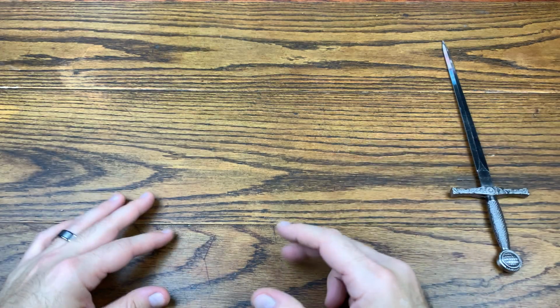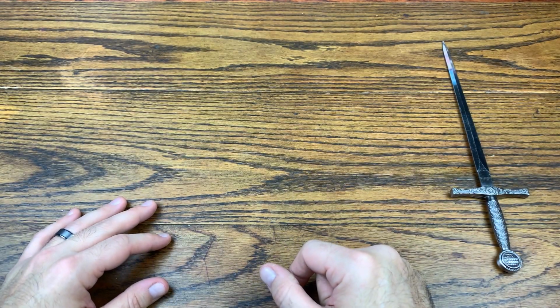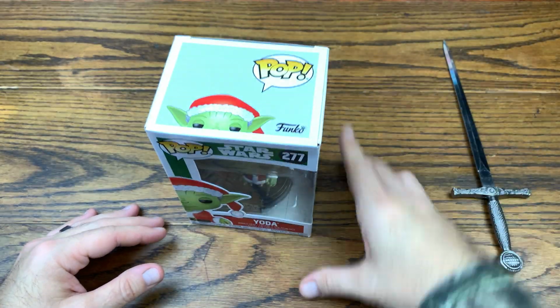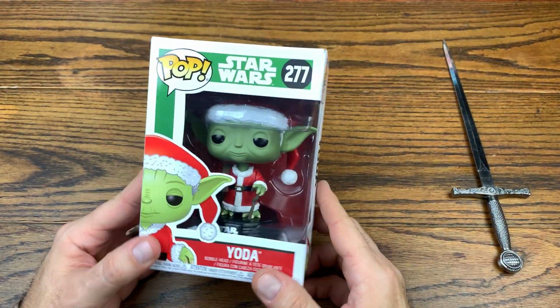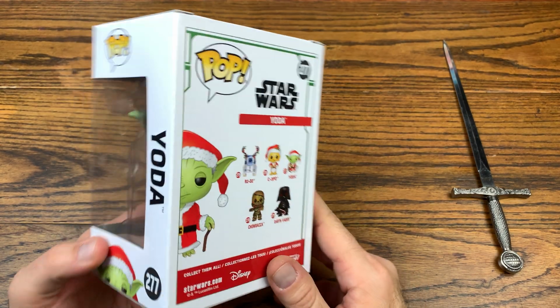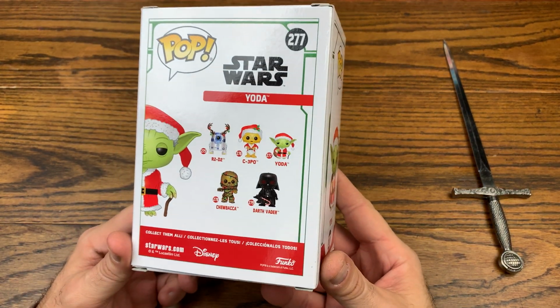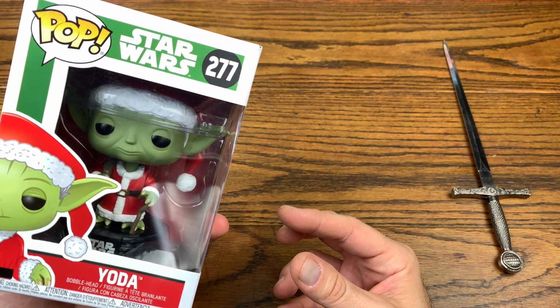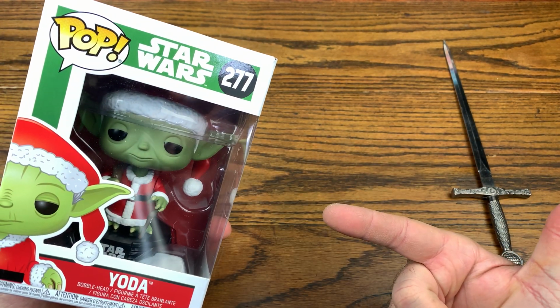We are back with another review, and today we are checking out another pop from a line I said I would never collect. Today we are checking out Yoda from the Star Wars holiday line. So here we go. We got Yoda bobblehead from the Star Wars holiday line. Here is the wave right here. So check that out. And yeah, without further ado, let's hop right into this review of Yoda, the bobblehead holiday